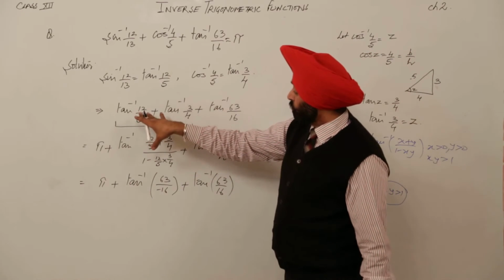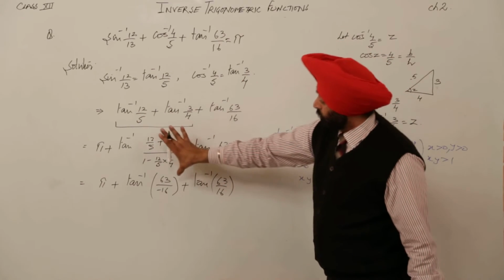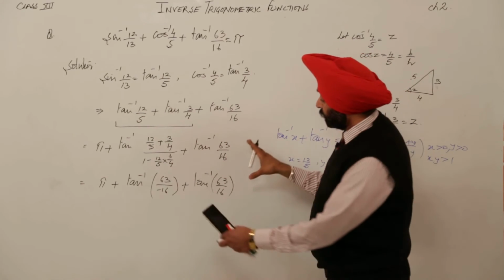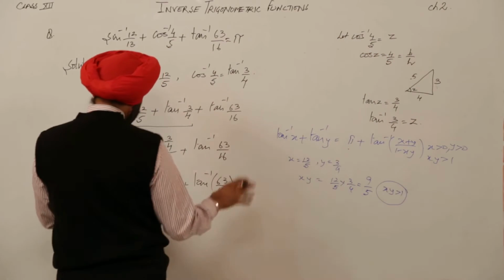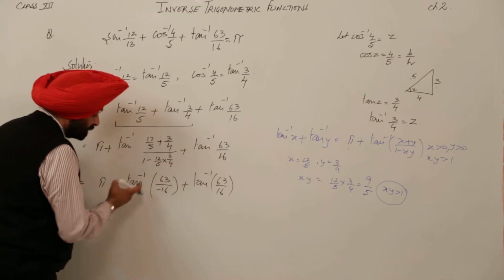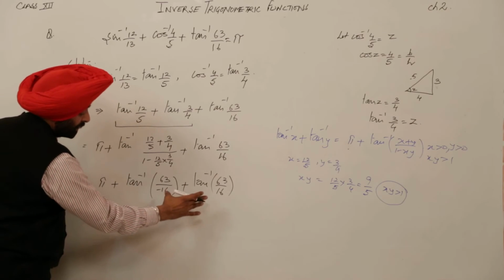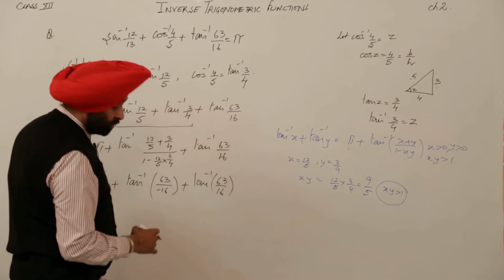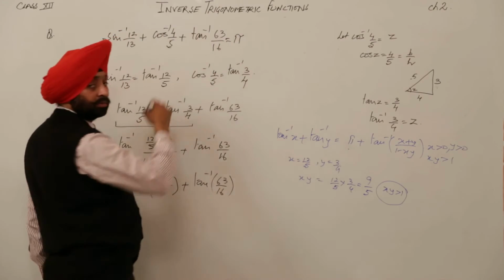You will just be using the general formula, tan inverse x plus tan inverse y is equal to this one, and then this one. Then here what are students doing? They are getting minus 16 here. They are writing this as a minus. They are cancelling these two terms because they are not aware of this thing. Then they look toward the notebook. Oh my God, what have I done? Because we have to prove it is equal to pi.